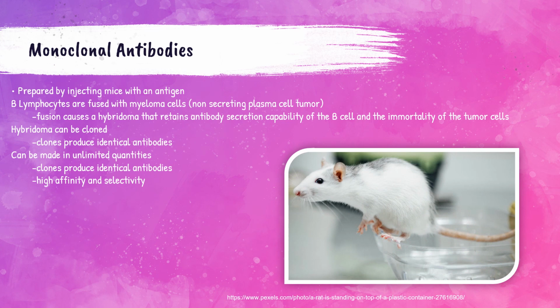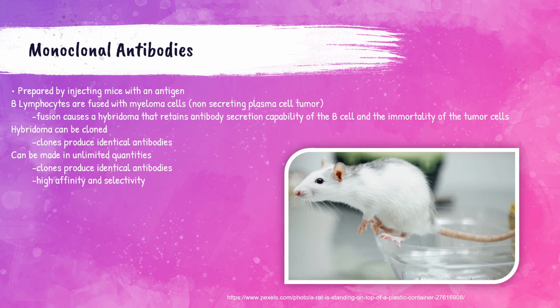Monoclonal antibodies are created by injecting mice with an antigen. B lymphocytes, which again are a type of white blood cell, are fused with non-secreting myeloma cells. Myeloma cells are cancerous tumor cells that can divide indefinitely. This fusion causes the production of something called a hybridoma. The hybridoma retains the capability of antibody secretion of the B lymphocyte, and the immortality of the myeloma